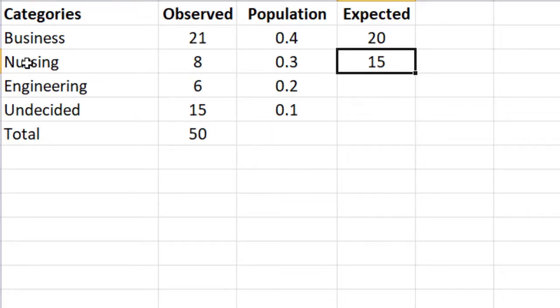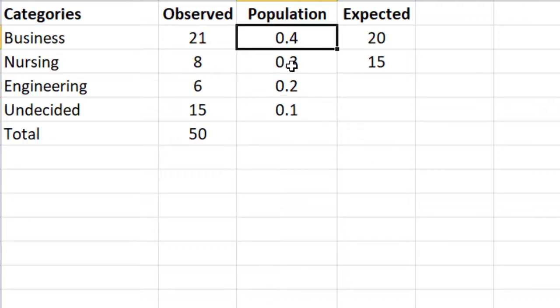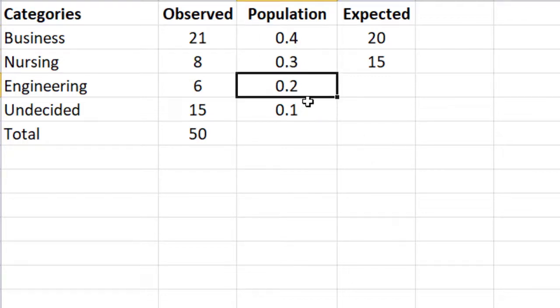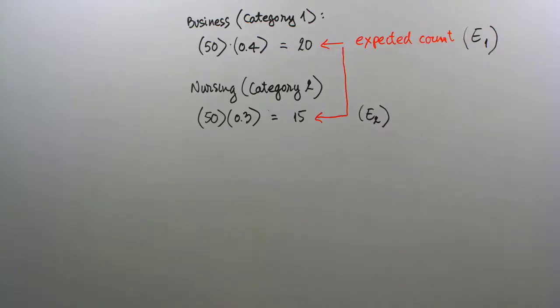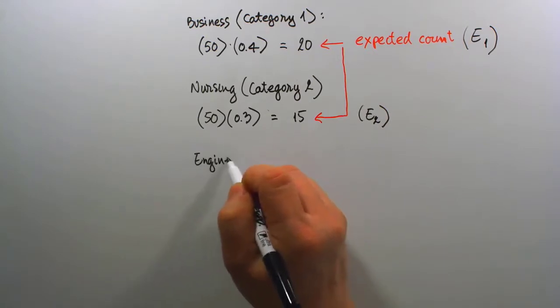After being done with the nursing major, let's move on to the next major, engineering major. If the claim in H sub 0 was correct, again stating that all population proportions claimed here are correct, then this population proportion itself, specifically for engineering major, must also be correct. And if this population proportion was correct, being 0.2, then in a sample of 50 students, I expect that for an engineering major,